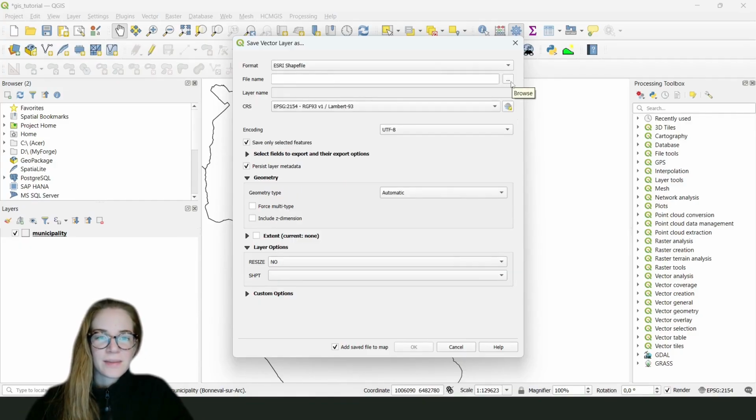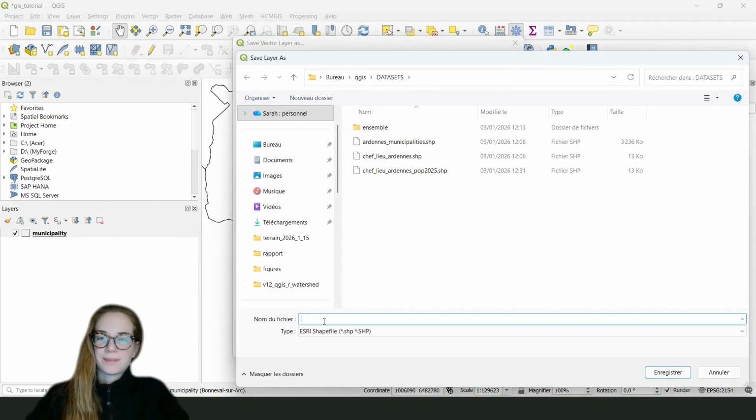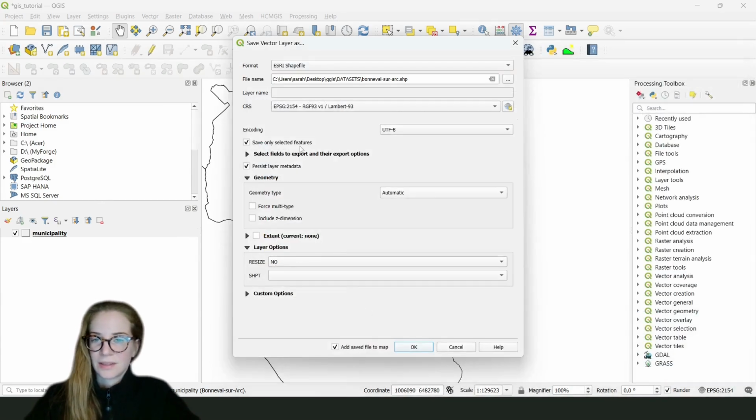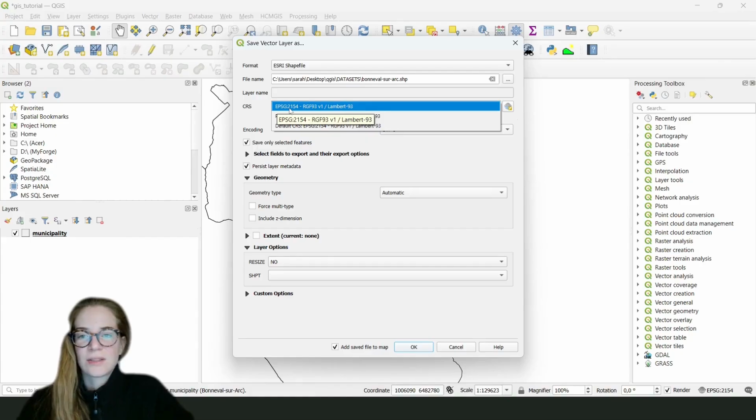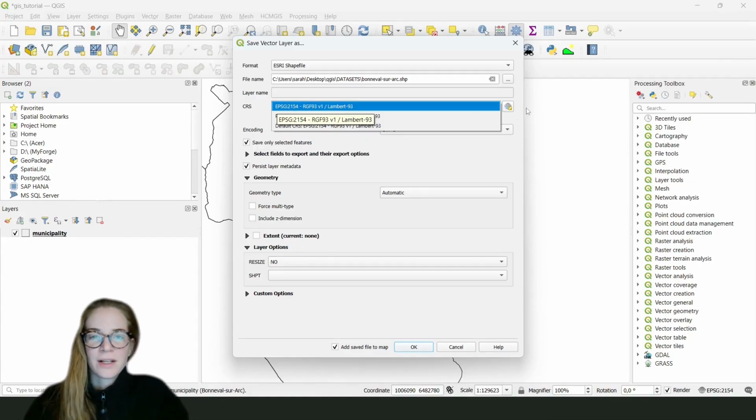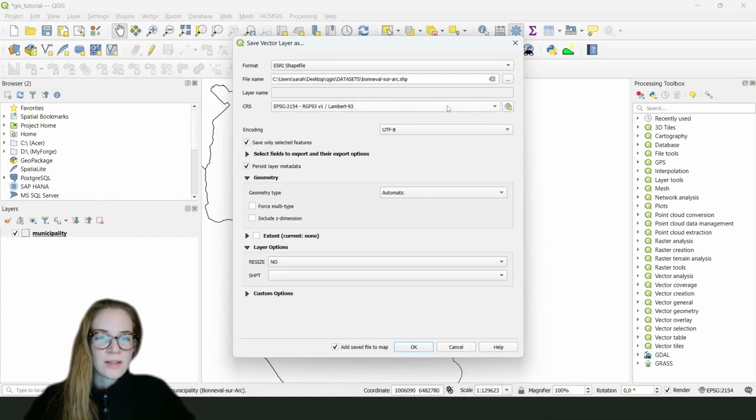Here you click here and you can select a folder, and you can write the name of your exported layer. You choose the CRS, so for France we will keep the Lambert 93 EPSG 2154, but if you need another